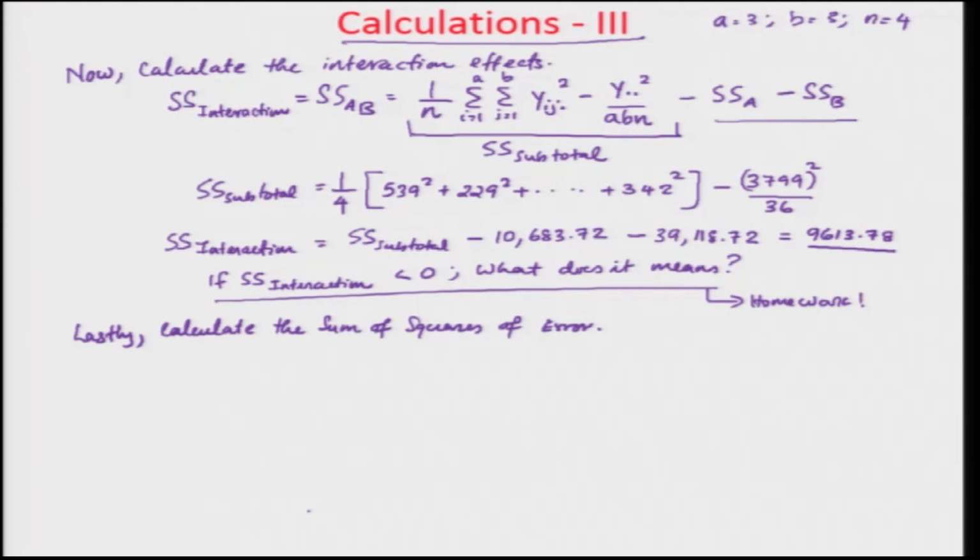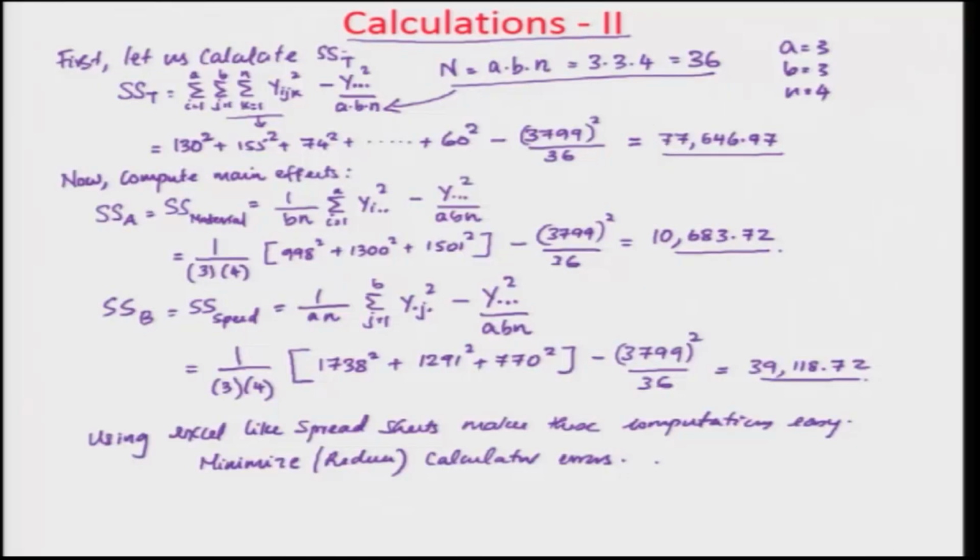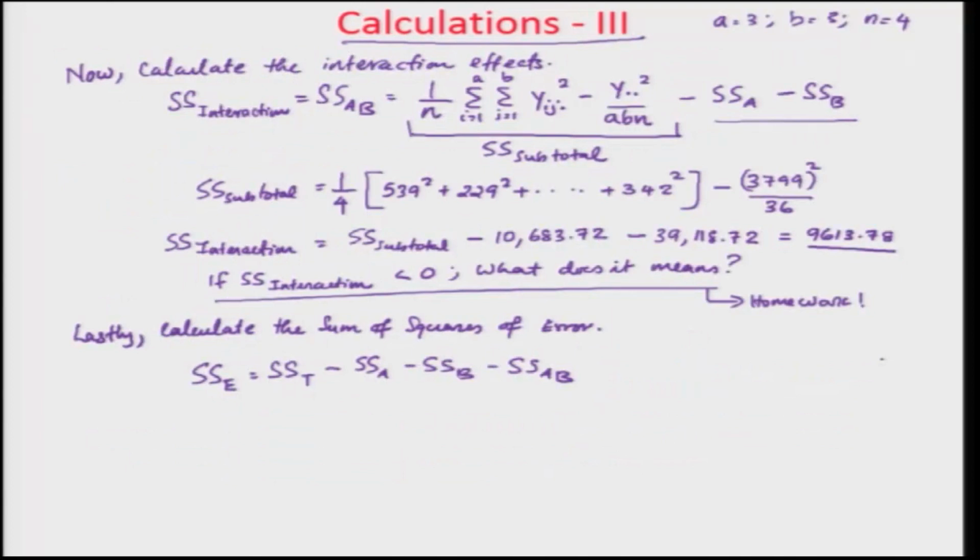Okay. So, how do you calculate SSE in this regard? Remember, SSE is calculated as SST total minus SSA minus SSB minus SSAB. So, you are now subtracting all the other error things. Where did you calculate your sum of squares of total? This is your total. From here you subtract this value, and the last value. So, if you write that equation, it will come to